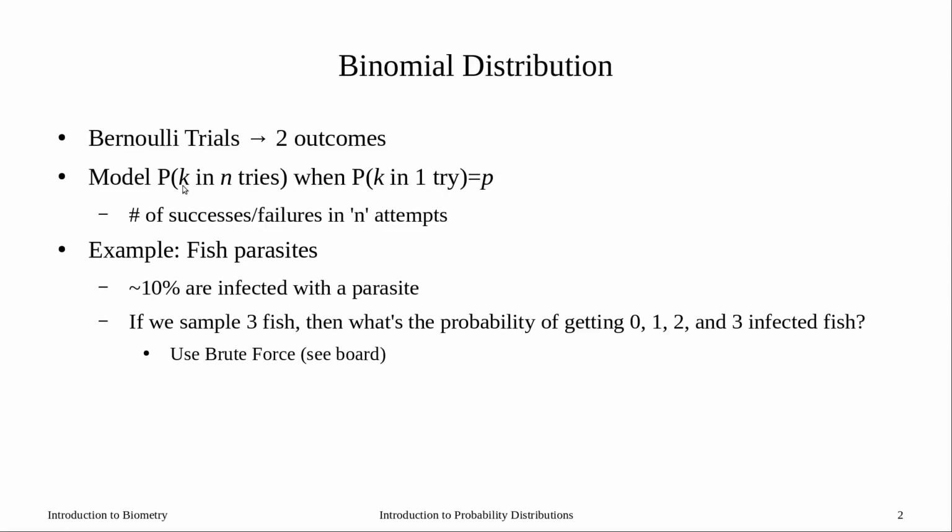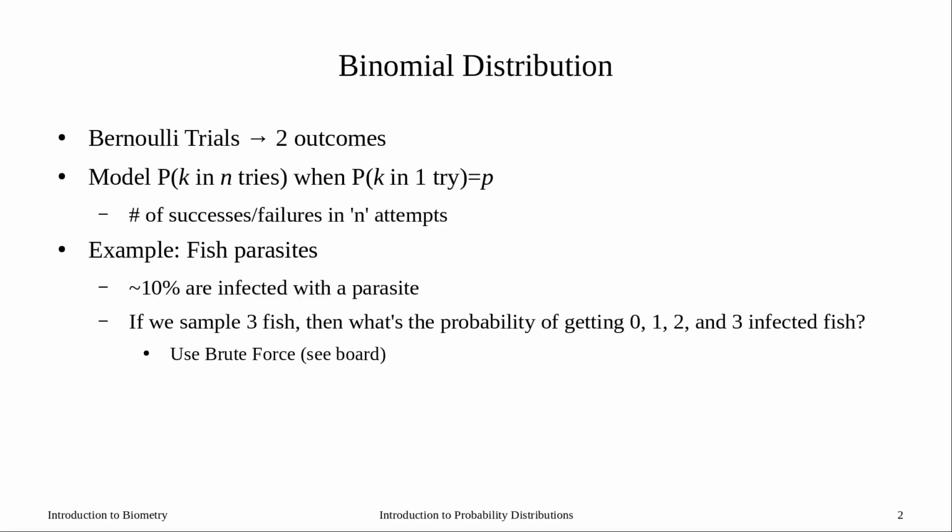In order to calculate this probability, we have to know the probability of a success, or the probability of one success in one try. That will be p, lowercase p. So here's an example using fish parasites. We could assume that about 10% of the fish are infected with the parasite. If we go out and sample 3 fish, then what's the probability of getting 0 infected fish, 1 infected fish, 2 infected fish, 3 infected fish